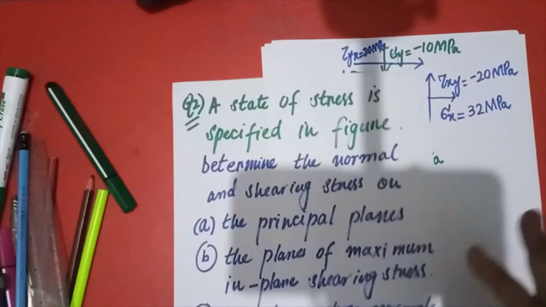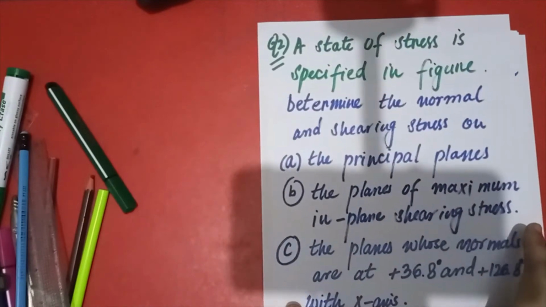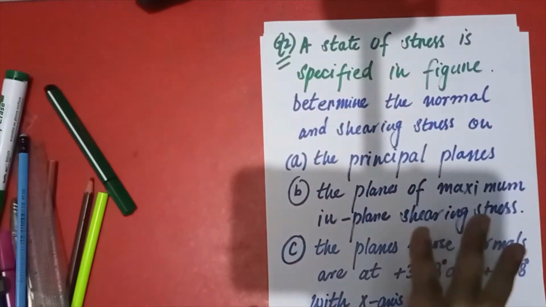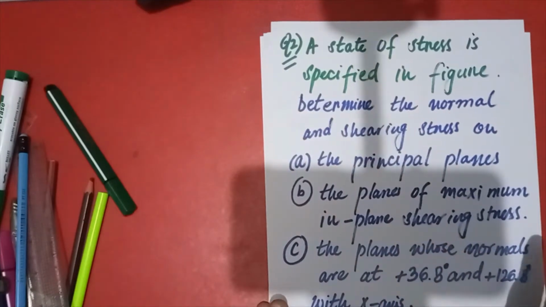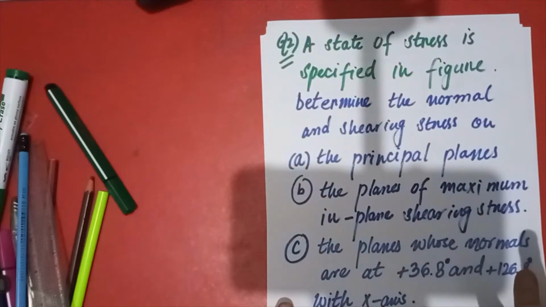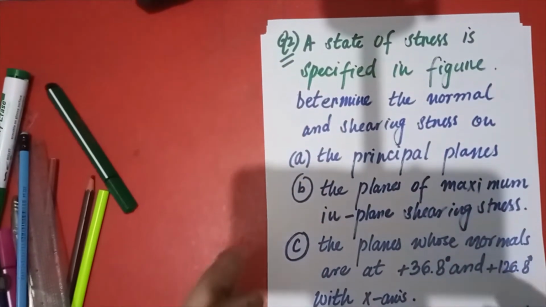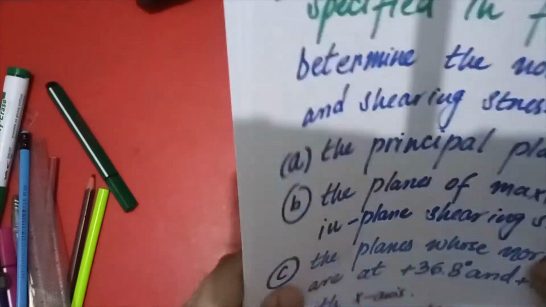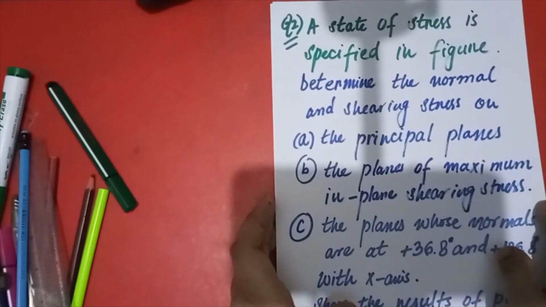These values are given to you, and it is asking these three parts, and you have to solve this. How can we solve this? You can do all three parts on a single diagram when you draw one Mohr circle. But since I am making this video, you may feel it is somewhat congested and you may not get it.